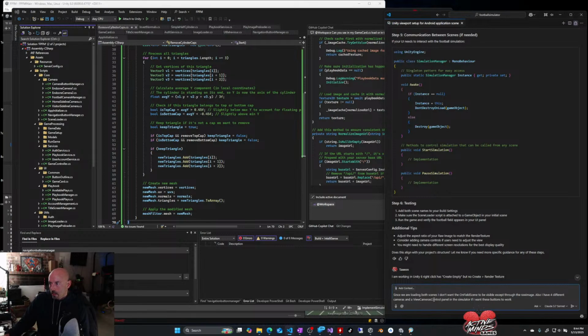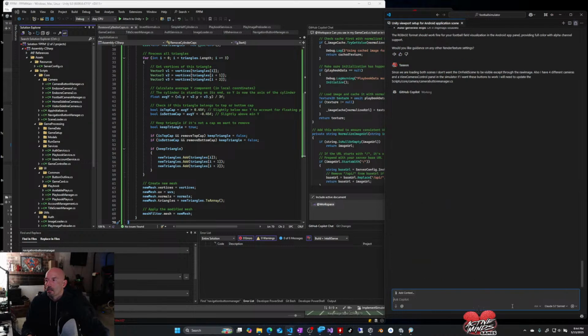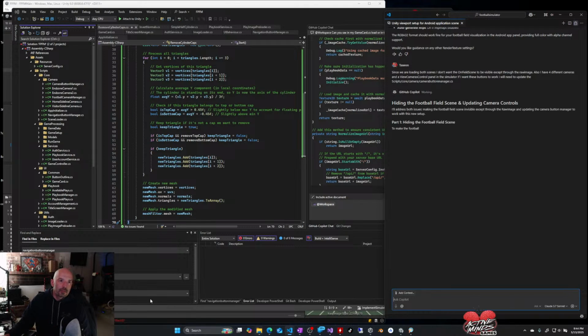And I will need to update the scripts core camera button manager. Oh shoot, I forgot I can't use that thing anymore. Now that I know this doesn't work. I didn't realize that this is weird. This doesn't work, but